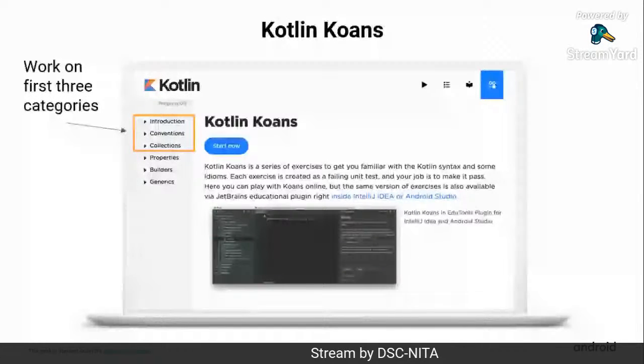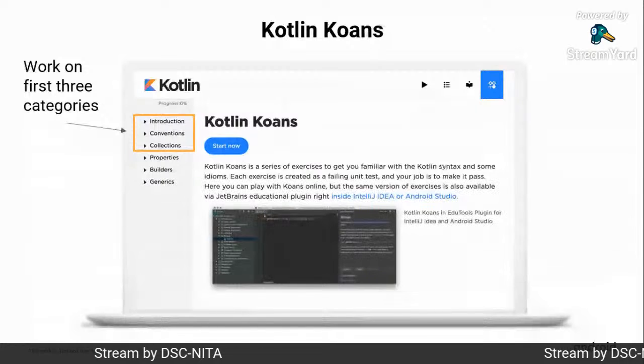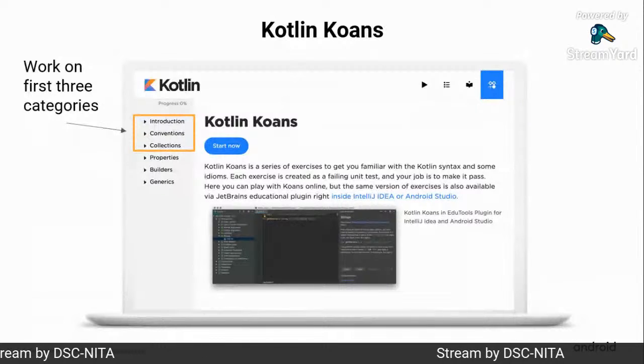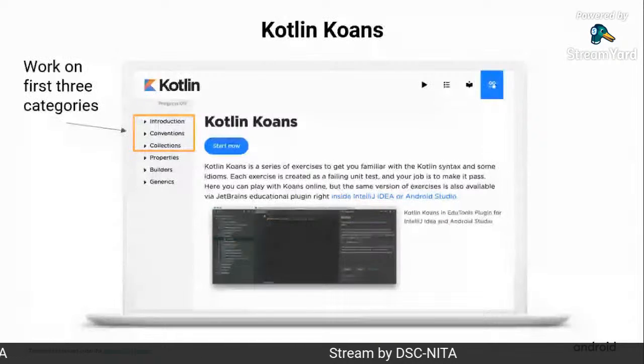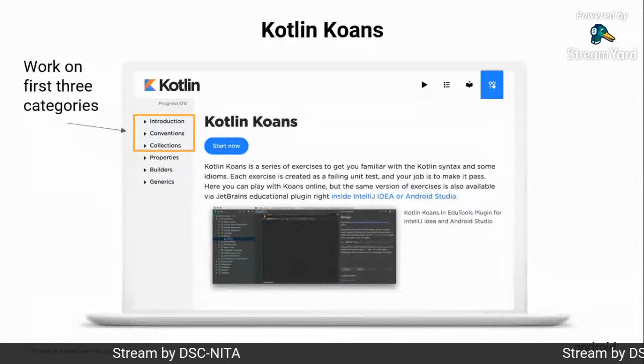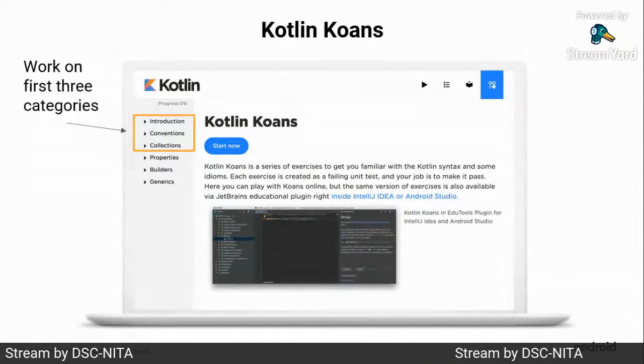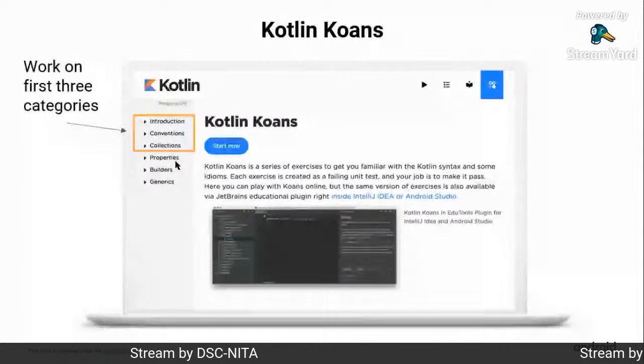After opening that link, you will be redirected to a page which consists of two tracks, first and second track. And there is also a segment, Kotlin Koans. Click into that, and you will be redirected to this page, Kotlin Koans. So there are six segments: introduction, conventions, collections, properties, builders, and generics. So for this session,